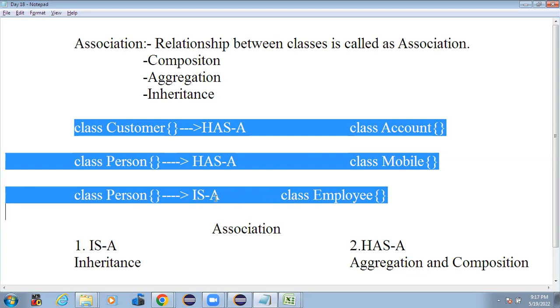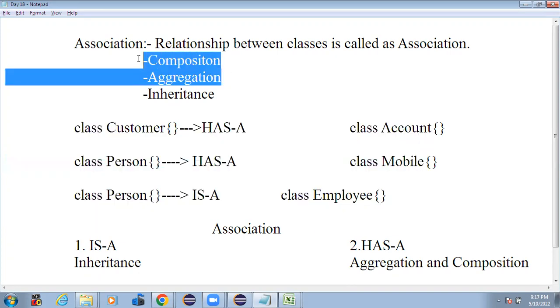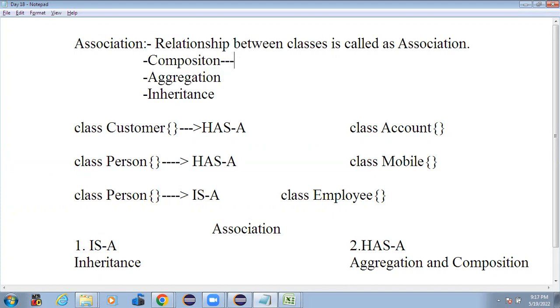So the inheritance kind of relationship is nothing but "is a". And there is another kind, that is "has a". In a "has a" kind of relationship, there is no inheritance, but classes are related with each other. Then, we got what exactly "has a" and "is a" are, but what exactly are composition and aggregation? So see, in case of composition,